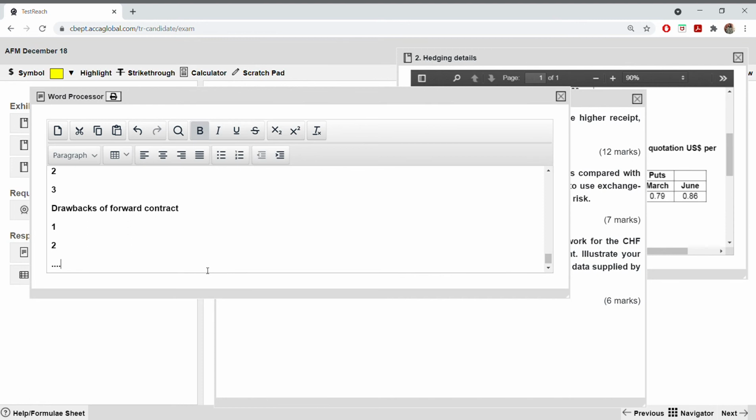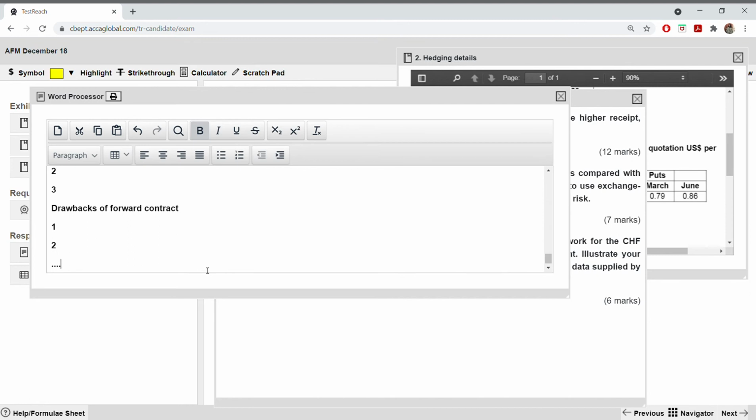3 here, 4 here, or 2 there, 5 there, it's okay, but it should not be that on something you are writing too much and on something you are writing too little. It should not be like that. So the drawbacks we know: credit risk is high. The other party could default because this is not an exchange traded derivative. And for the rest you can just see the answer.